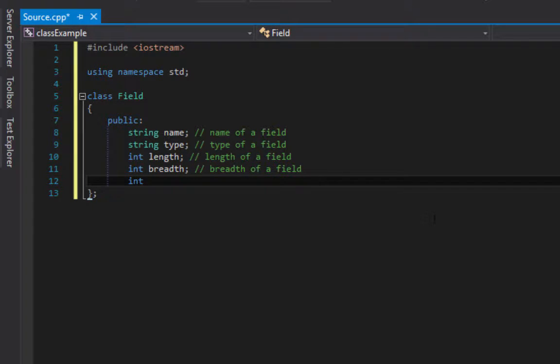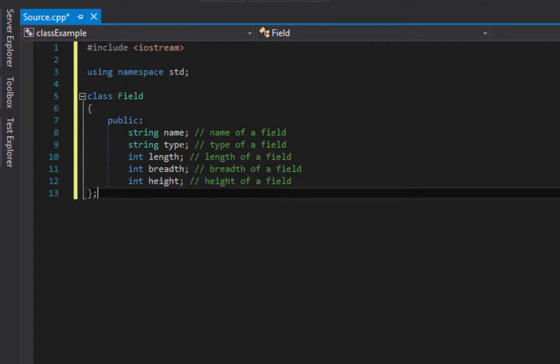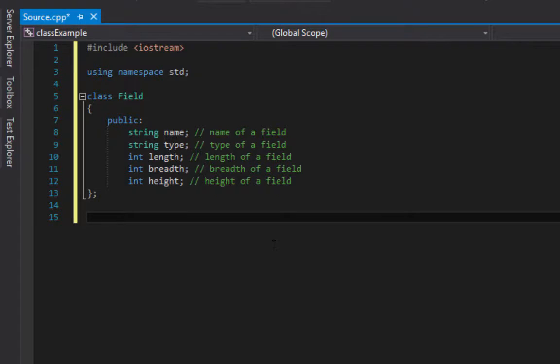Okay, and lastly we are going to write its height variable. Okay, this is going to be our height of a field. Okay, so we created our field class, and now we are ready to use its variables with creating objects from